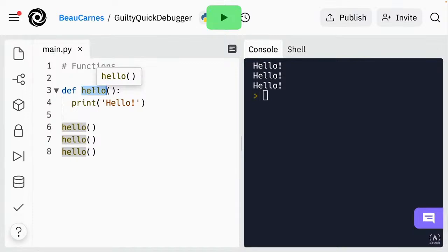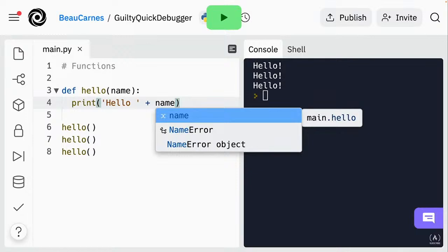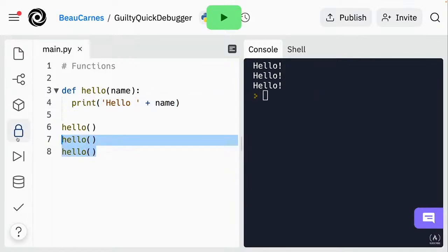A function can accept 1 or more parameters. This is something else that we saw before, but I can type in a parameter right here, and this becomes a variable that we can use in the function. So I can change this, and instead of printing hello, it's going to print hello, and then we'll just put name. And now I can call the function with the name,